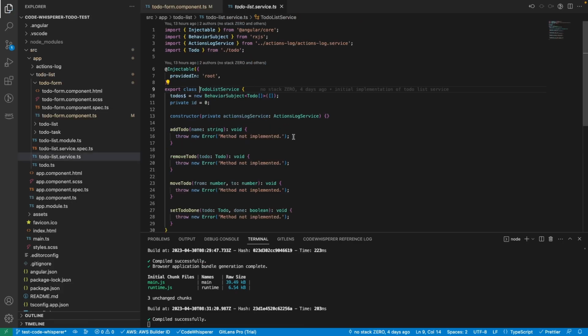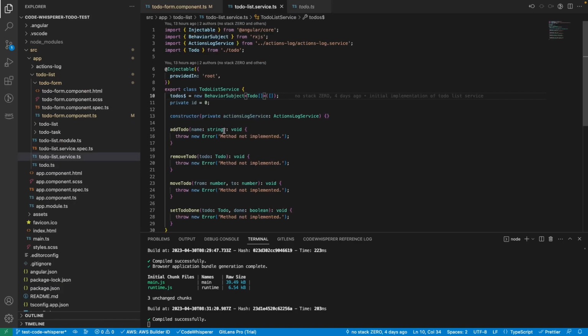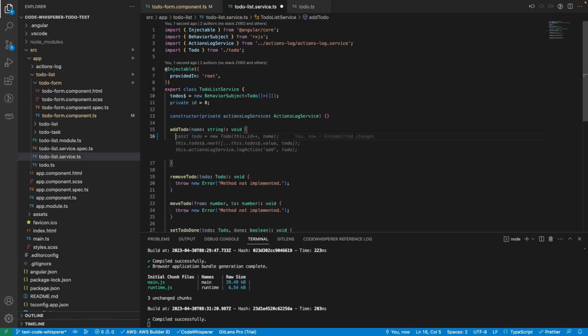Let's move to the to-do list service, that addToDo method. Okay, so here what I would like to do is create a new to-do object with id, name, and done variable based on the name string that I will receive from the component, and I would like to put this to-do object to the to-dos behavioral subject. So let's see how CodeWhisperer works. I will trigger the code suggestions,